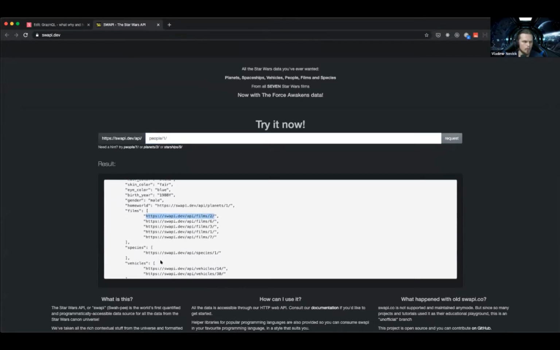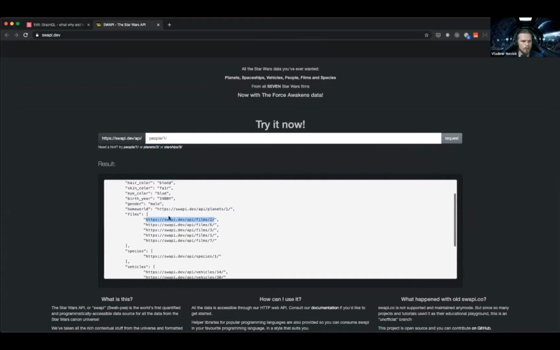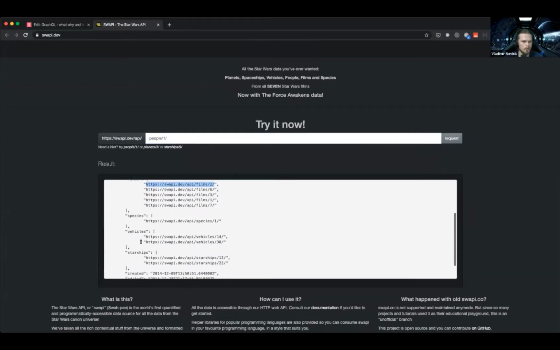Which we can argue about, and I wouldn't argue on that. I agree that it's bad API design, but it means that in order to get, let's say, all films and species and vehicles and do an intersection between them, I just need to make a lot of requests to the server and consolidate everything on the client.